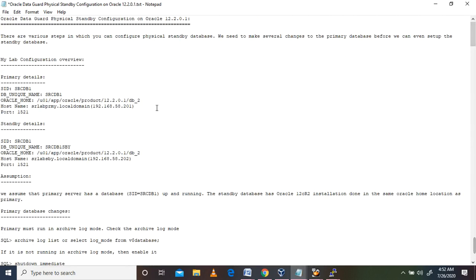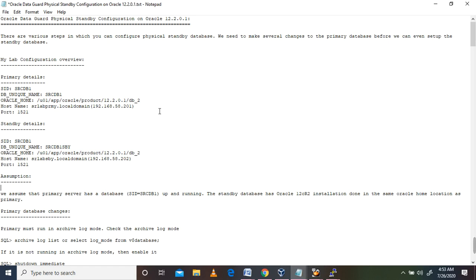First of all, in Oracle Data Guard physical standby configuration, there are various ways in which you can configure a physical standby database. Either you can use the DBCA method, the active database cloning method, or several other methods.